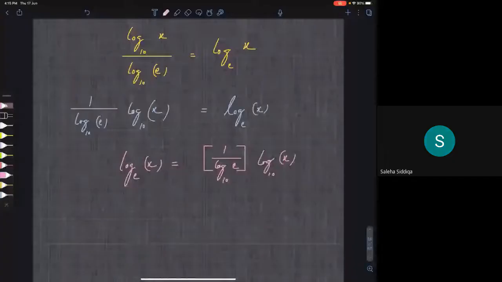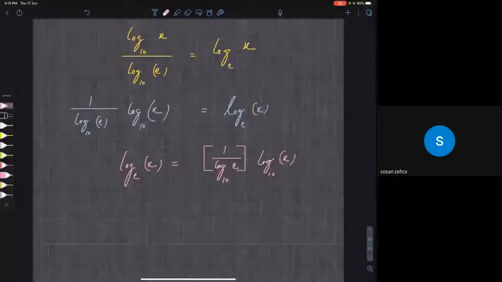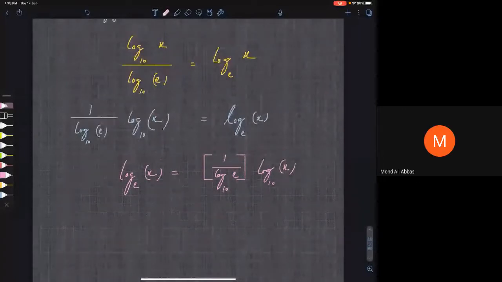Your screen is paused, sir. No, sir, nothing is moving. Is the screen clear? Sir, the screen is clear, but it is paused. Sorry, your voice is not clear. Even your voice is breaking, the screen is visible, but nothing is moving. Everything is paused, it's stuck. Sir, can't we continue class tomorrow? I think it would be better.